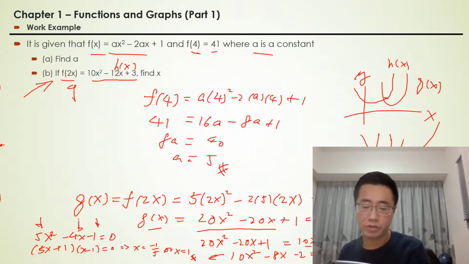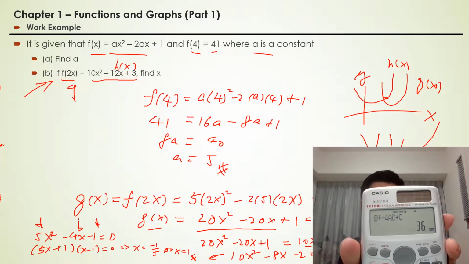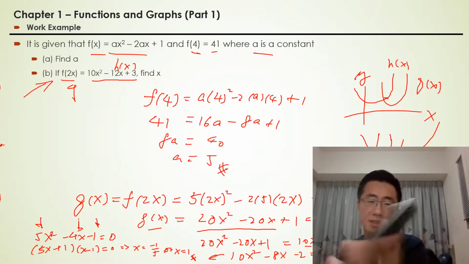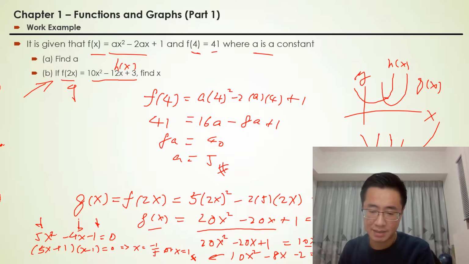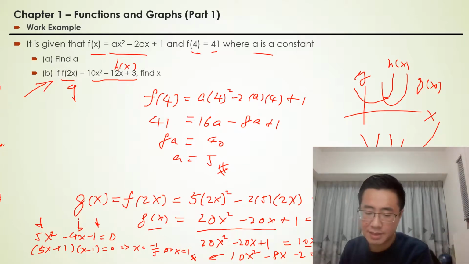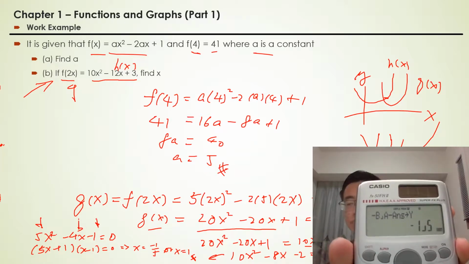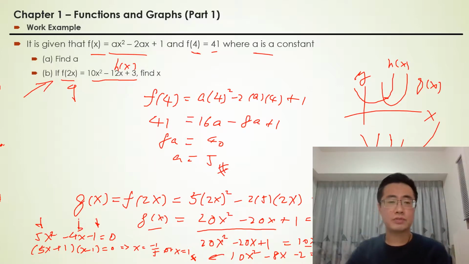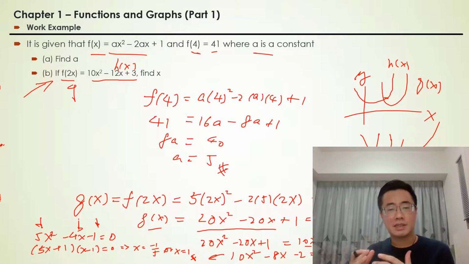So immediately the calculator will give the first result, which is b squared minus 4ac, the discriminant of the quadratic equation, which is equal to 36. If you press execute again, it will calculate the first root of the quadratic equation, which is equal to 1. If you press execute again, you will calculate the second root of the quadratic equation, which is minus 1 over 5. So obviously with the use of the scientific calculator, it's very easy. You can calculate the roots of the quadratic equation very efficiently. We will talk about how to do so in the later videos.